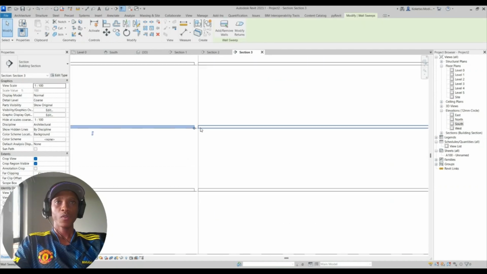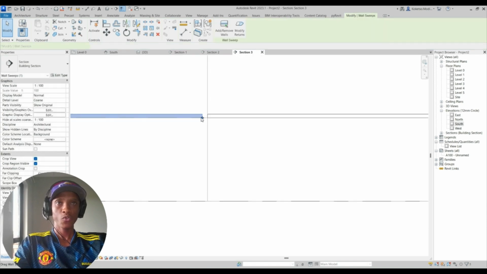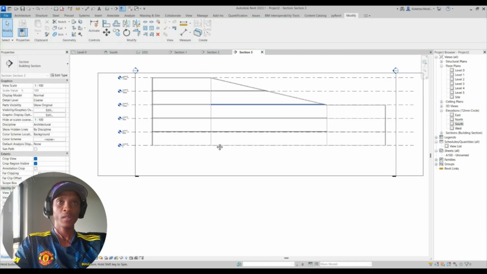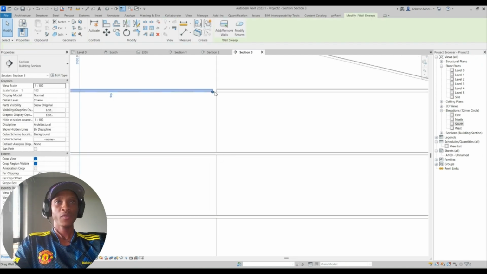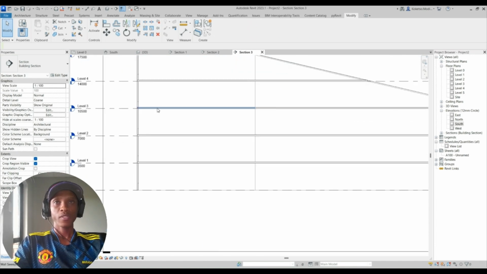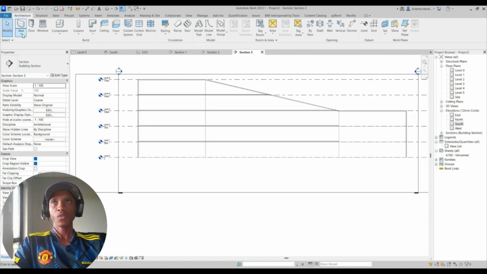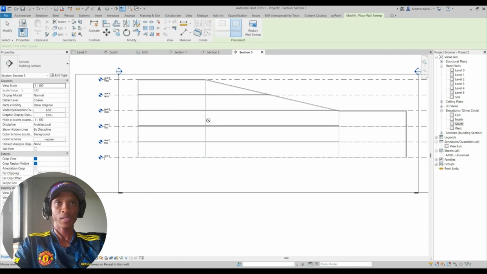Okay, so let's attach these two sweeps just to make it more clean, because these are different walls. They have different faces. That's why the sweeps are not interfacing well. So we're gonna go to architecture again, sweep, and then we're gonna select the vertical one, place it right there,